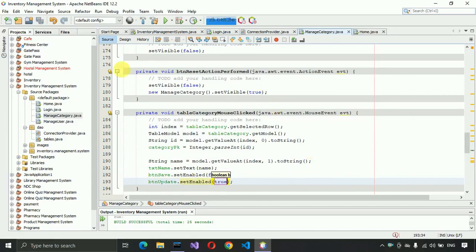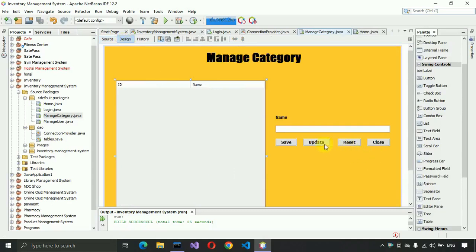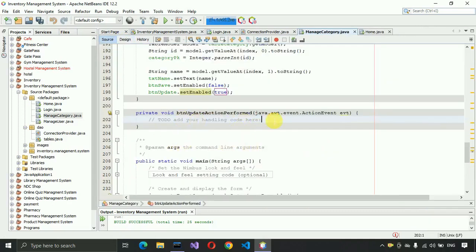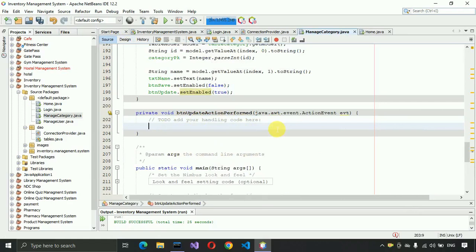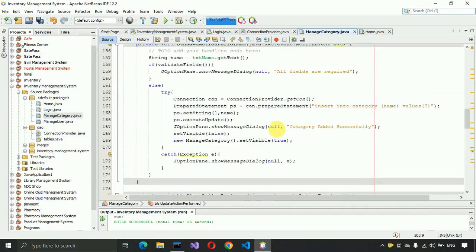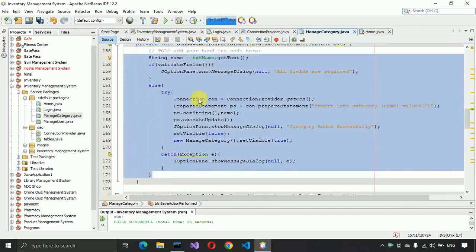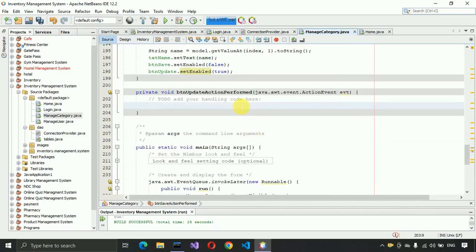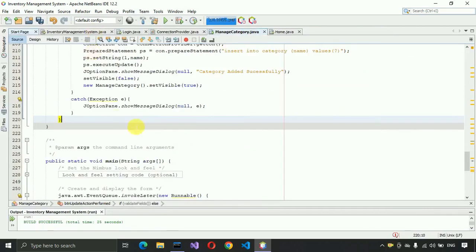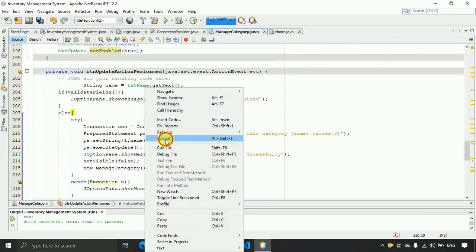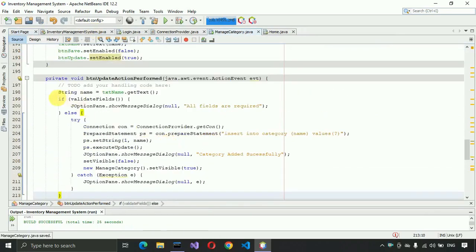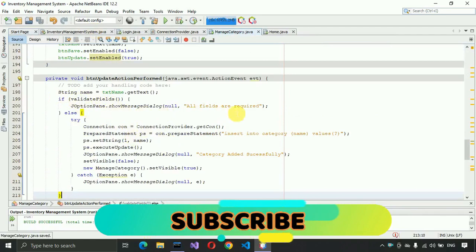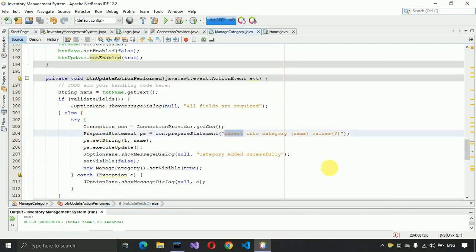After that we have to go to the design section and we have to click on update. You can see event has been generated for the update button, and then we are going to copy the same code which we have written in the save button. Okay, so I'm just going to copy paste this line of the code from here, and here I'm going to paste it over here, and let me decrease the size of this one, and first let me format this line. Okay, so here the string name part will be the same, all fields required message will be the same, and after that we need to change over here in the query, so just delete this part, and here we have to write update